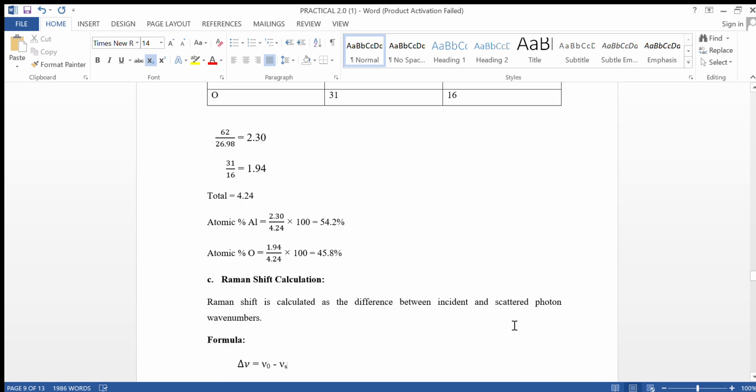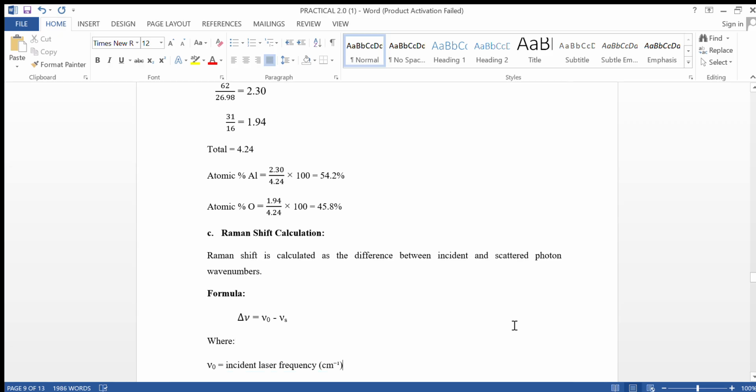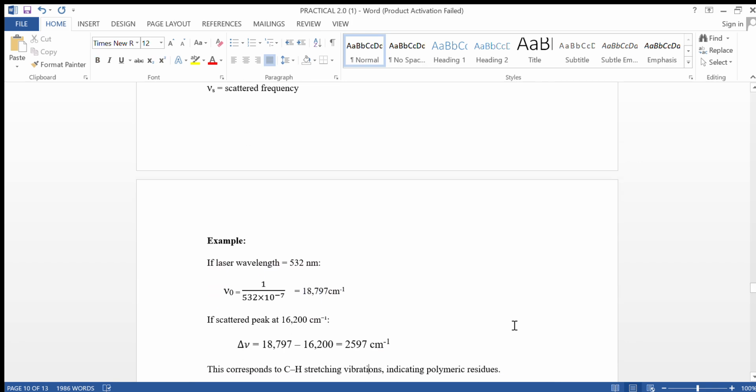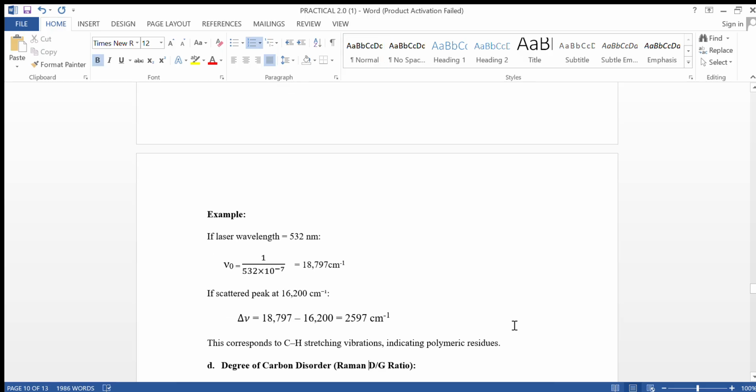Raman shift calculations. Raman shift is calculated as the difference between the incident and scattered photon numbers. Delta mu is equal to mu naught minus mu s, where mu naught is equal to incident laser frequency and mu s is equal to scattered frequency. If we put the values, if laser wavelength is equal to 532